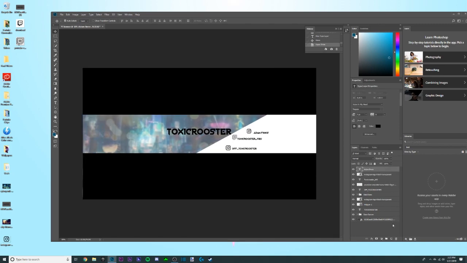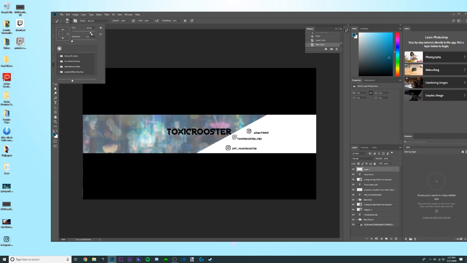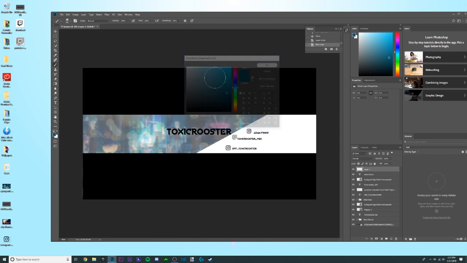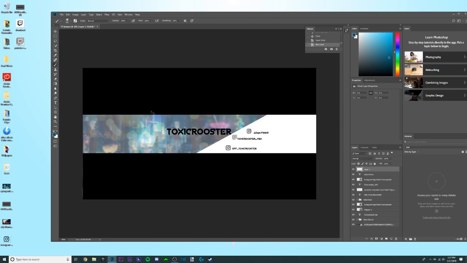But before we do go, I actually want to add one more thing. And that's going to be adding a brush tool. So what you want to go do is go up here, have it size 300 to 400, hardness 0%. Make sure it's at 0, and if it's not, then make sure it is at 0, or it will look ugly and it won't look good. So then go ahead, choose a color. I'm going to use this bluish kind of color, and then make a new layer, make sure it's underneath the black bars, and then just go around the